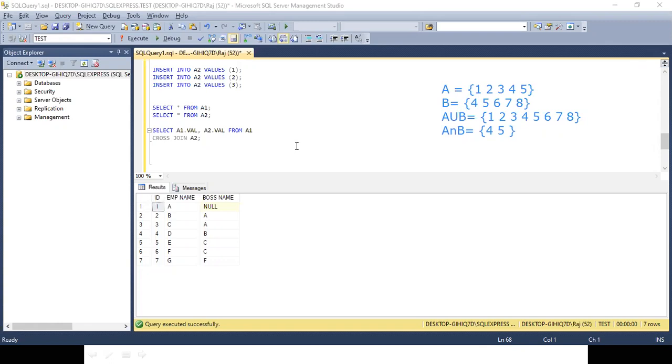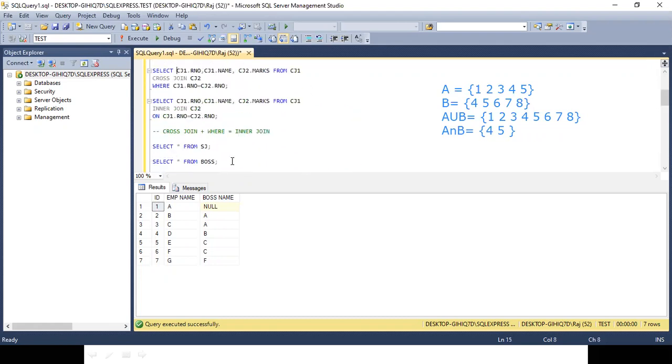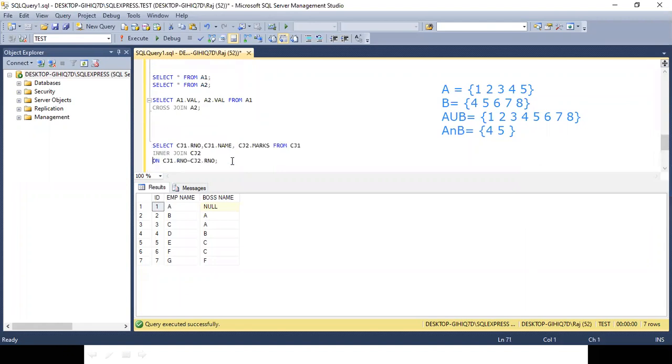So let me write a query first. I will say select. Let me take this one. Left join. So I'm getting all the records from the left table, that is CJ1, and the matching records from the right table, that is CJ2.